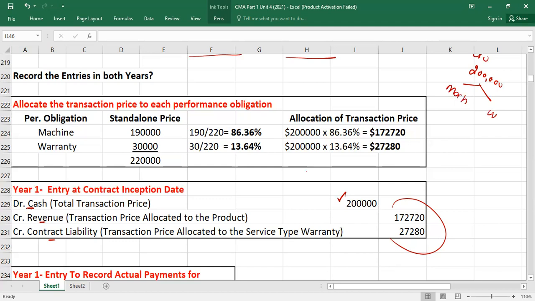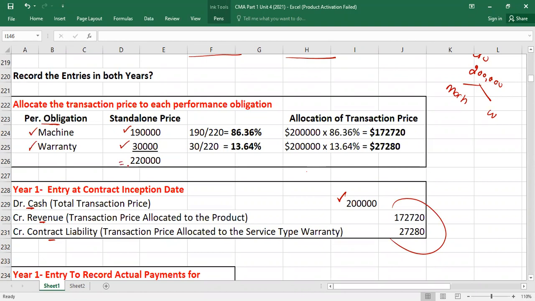And how will you allocate? You will always use market values, standalone prices, to allocate. And this is how you will work. So we have to write here first the performance obligations. We have two things: we have delivered the machine, and we have to provide warranty over 2 years. The machine standalone price is 190,000, and the warranty standalone price is 30,000. Total is